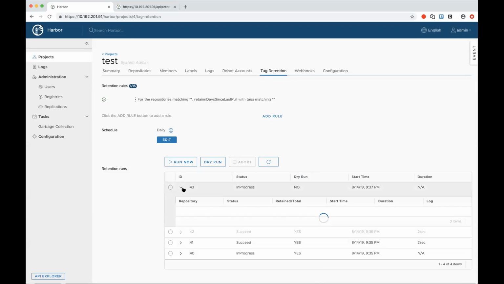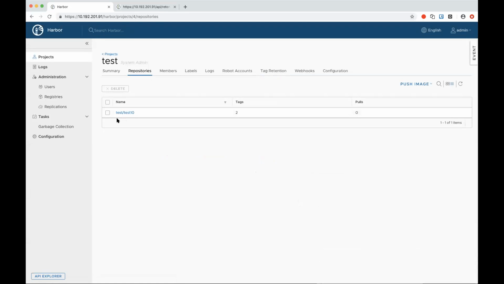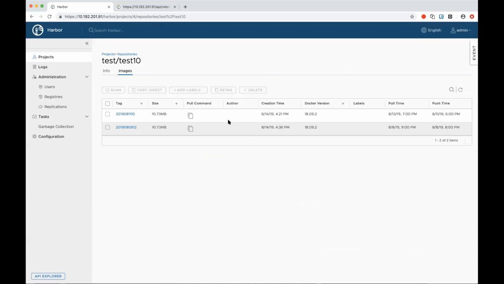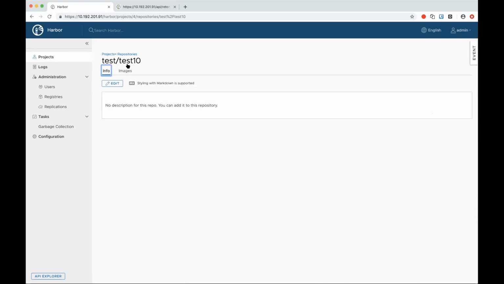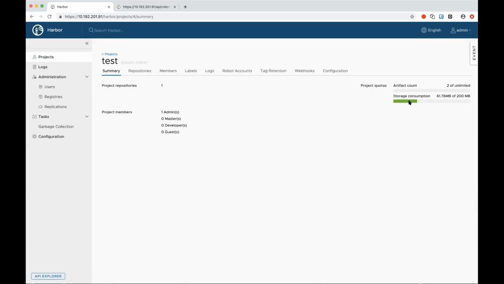Okay, as you can see here and in the response tree, the test 1 image is deleted, and only 2 images in test 10 are retained. And also you can see here the storage left is 61 megabytes now.